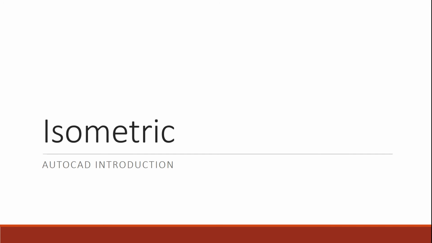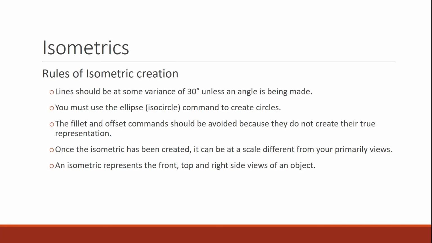Okay. Isometrics. When we're creating an isometric, there are some rules to it. So for example, the line should be at 30 degrees or some variance of that. And what I mean by that is it can be 0, 30, 60, 90, 120, 150, 180, and so on. So it has to be some form of that. It can't have any of those special things unless we have an angle. And when we deal with angles, when we create an isometric, I always let that be the last line that I can possibly create. So I don't have to try to figure out what that line distance is in an